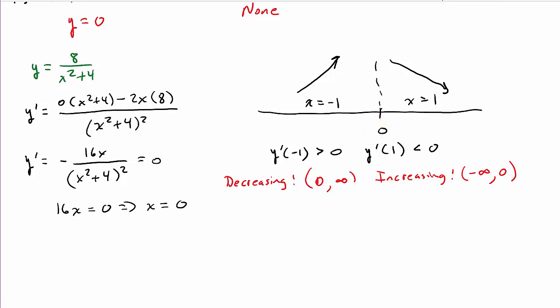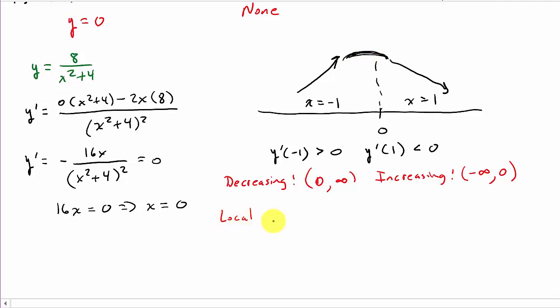Now let's look for local max and mins. Well, if you look at what we just did here, it's increasing here, and then once it hits 0, it starts decreasing. So that means, look at that, we've got a local maximum there. There's no local minimum, but we do have a local maximum. So we have a local minimum